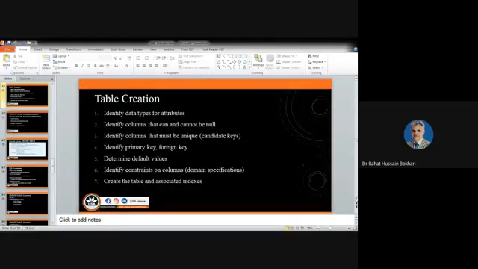So you might say the data type of an attribute like name is all characters. And if you say fee paid, let's suppose this is another attribute, this is a real number, so I am likely to make it decimal, integer or real because we have numeric values. And if we have numeric values with a decimal point, then you have to choose a data type that will support this decimal point to be there. Further, identify columns that can and can't be null.